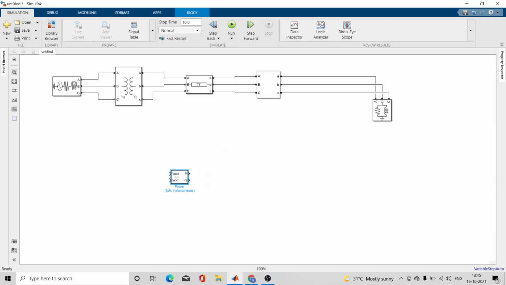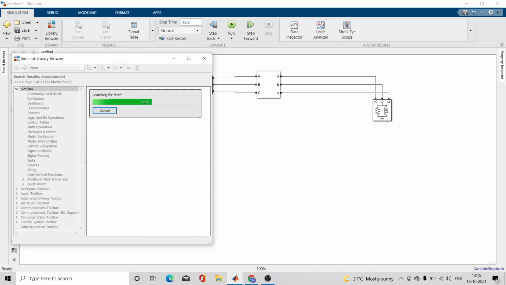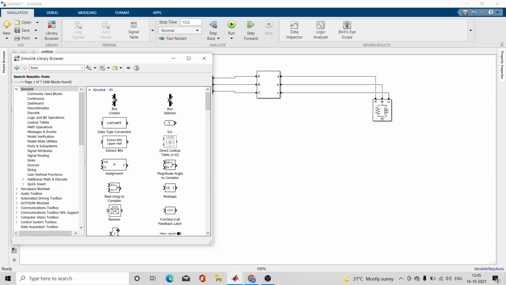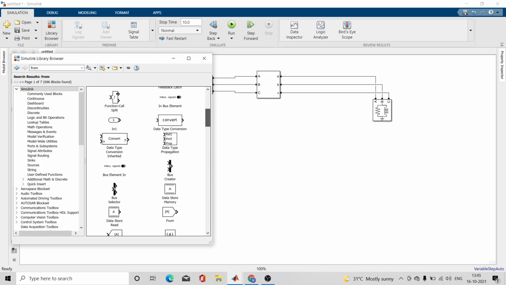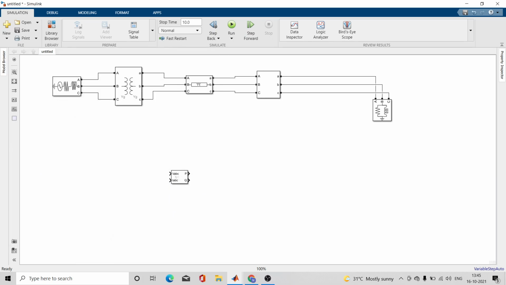Then you will take the label, the From block. So this is a label.